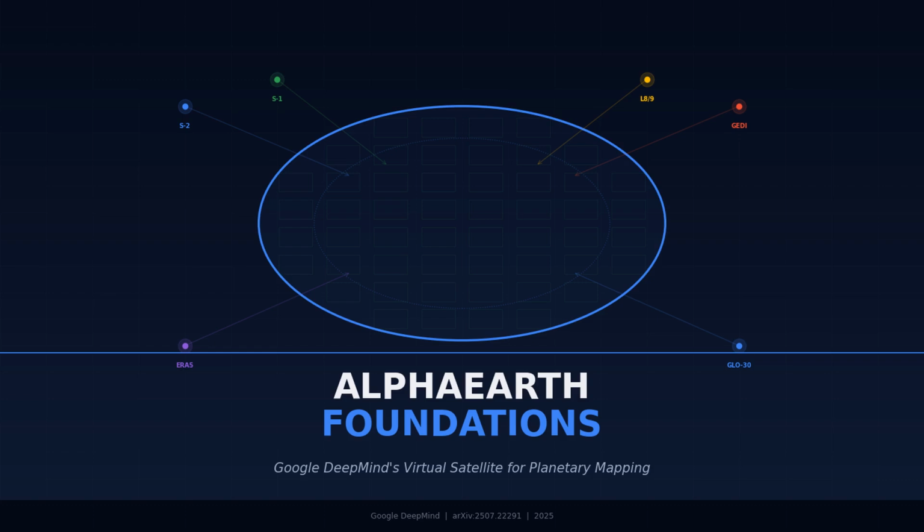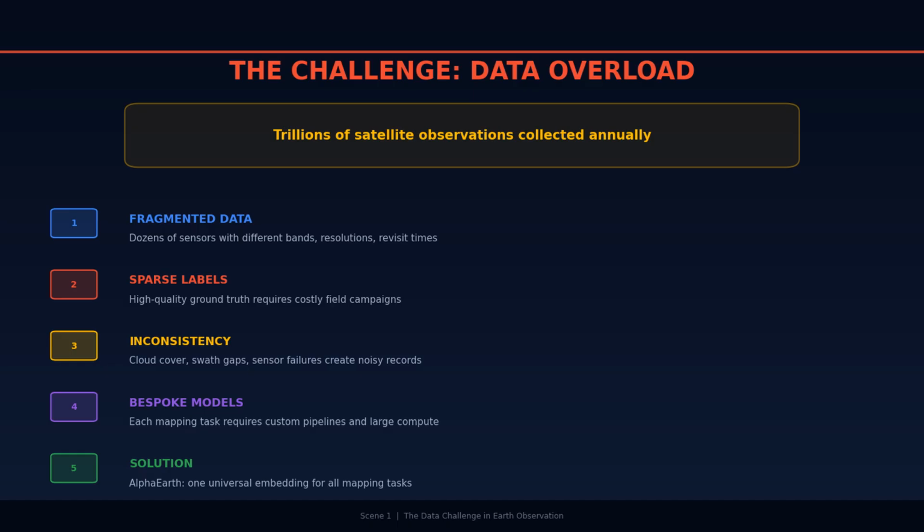AlphaEarth Foundations. Google DeepMind's virtual satellite for mapping our planet in unprecedented detail. Every day, Earth observation satellites generate trillions of measurements, from optical imagery and radar scans to laser altimetry and climate